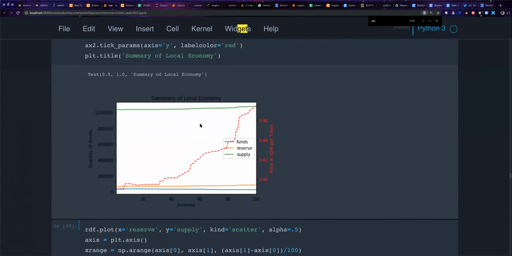So this is a decent summary of the local economy. It basically just says that the funds, reserve, and supply stay more or less in their order of magnitude. And actually, this is dual axis. The price in this system went from about 0.39 to about 0.46. I guess that's maybe closer to 0.48. This growth was only about a few cents, but the key here is that I use this initialization trick